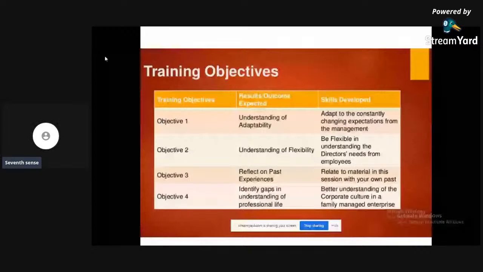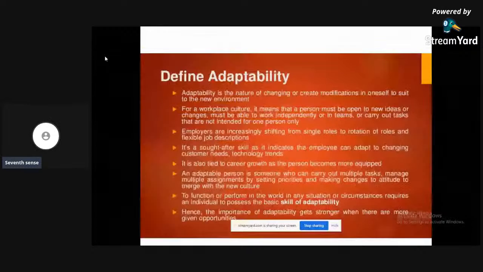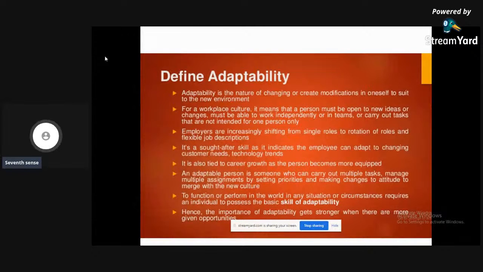Okay, define adaptability. Firstly, what adaptable means is a person who is ready to bend towards the circumstances, as in the person who has the ability to change to fit altered circumstances. That kind of person is called adaptable.